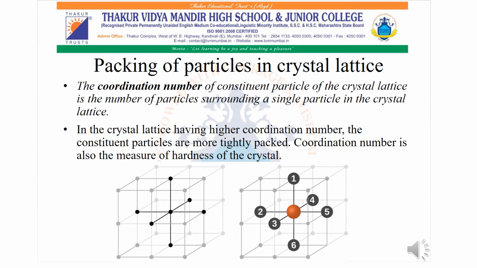If we check the figure below, we can see that the center atom, which is depicted in red color, is being surrounded from all sides: front, back, left and right, and from top and bottom. So it is connected with 6 atoms at a time. So the coordination number for the red atom at this particular moment is 6.